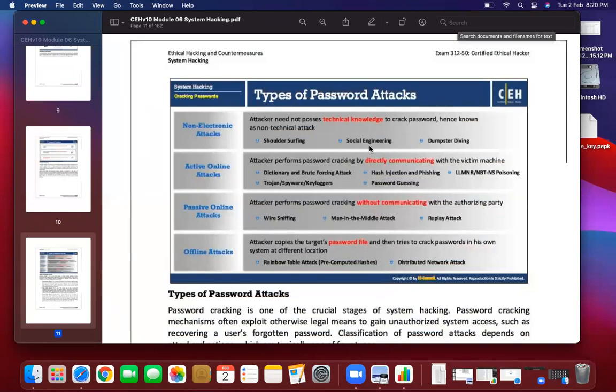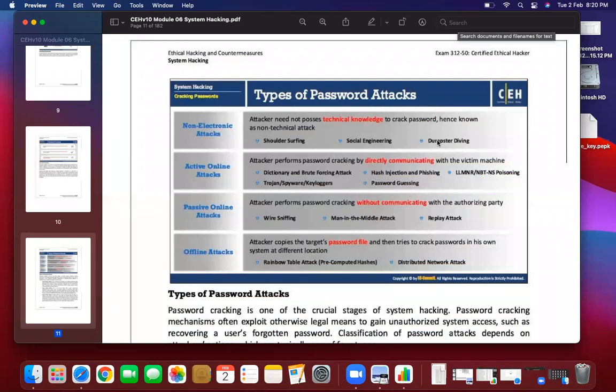Now, what type of details can you gather using social engineering? Well, if the person is working on a particular project in Infosys, you can ask for those specific details, sensitive credentials or data, like that. All those things come under social engineering. This is a very, very dangerous and very, very commonly used method. And the last one is dumpster diving.